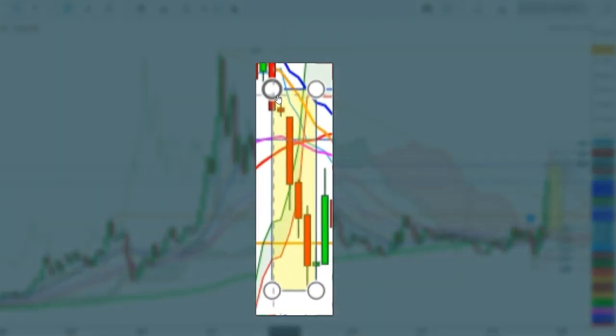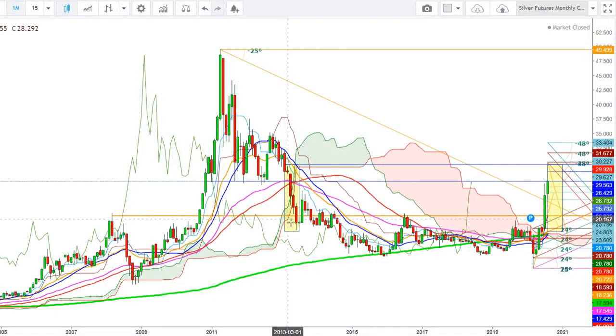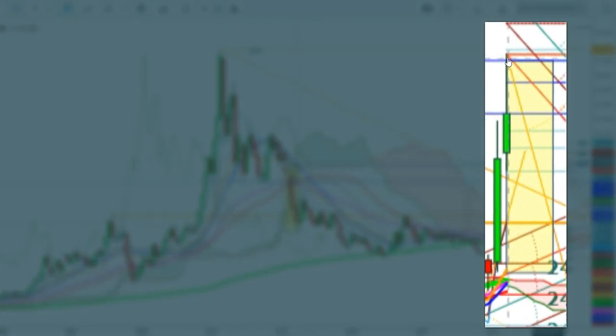I would like to tell you how silver futures behaved in the year 2013 when the levels were the same, when the silver futures faced stiff resistance at the levels of $29.29 during the month of March 2013 and witnessed a sharp sell-off from these levels and continued this downward trend during the next 4 months and tested the lows of $17.95.